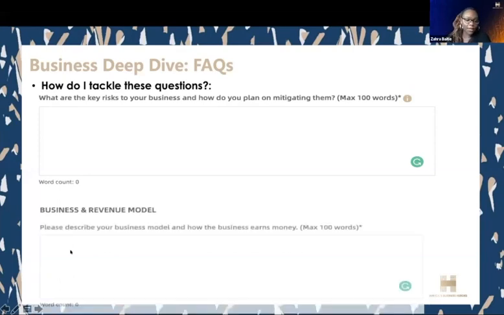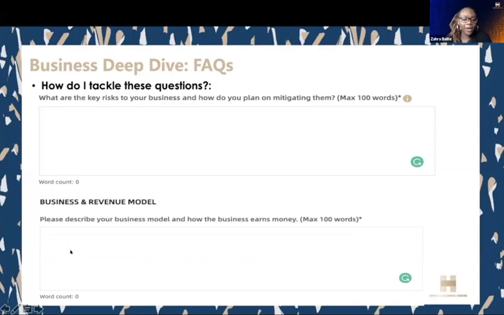All right, so Dr. Moore, while you're on, let me actually invite you here. We are asking applicants to describe their business model, and we received questions even here in the Q&A around what is a business model, what is the revenue model. Could you provide some clarity here around the different types and how applicants can think about what their business model is?